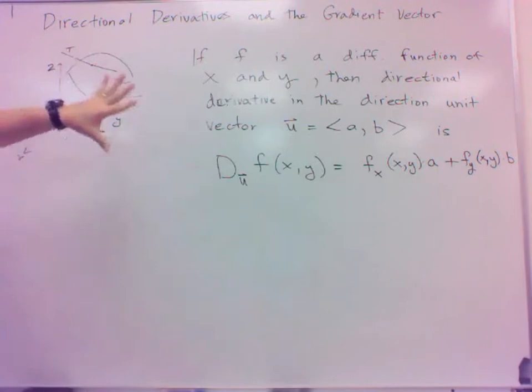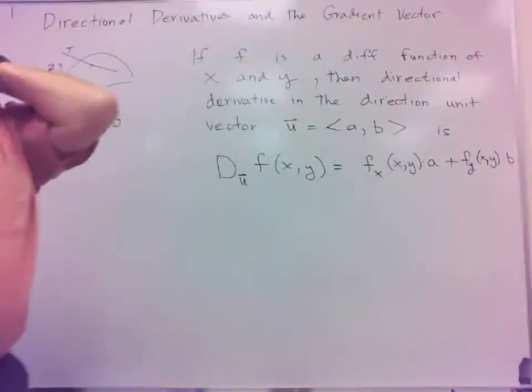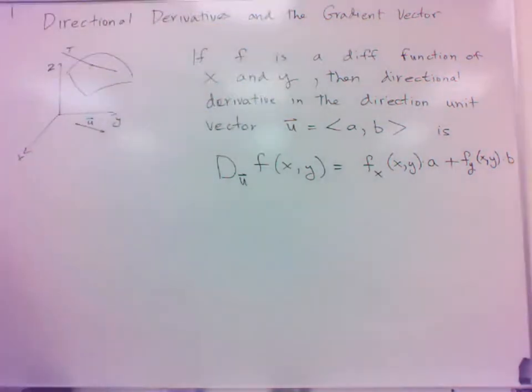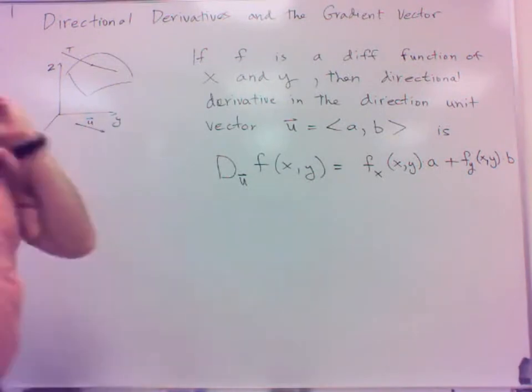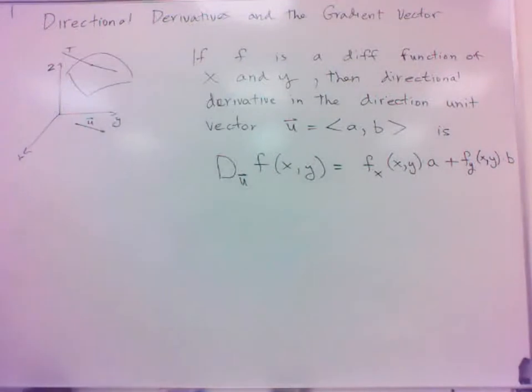As far as where that comes from, it does come from the limit definition. They go through it there in the book. It comes from the limit definition and works out to be partial derivatives. So it's pretty nice. Now, a good way to remember this, or the way they go through this, is if